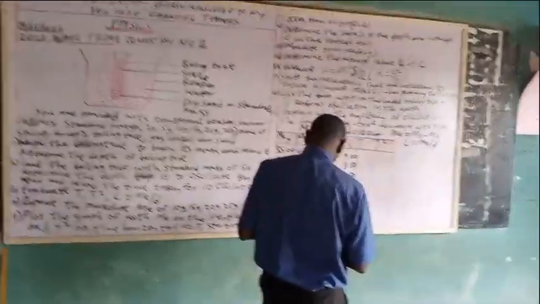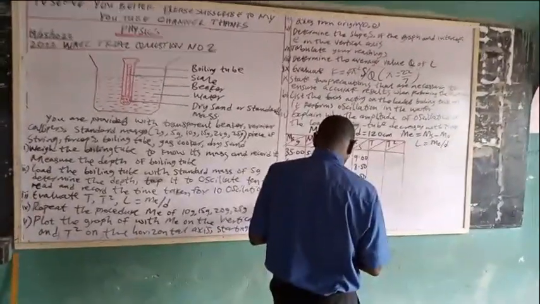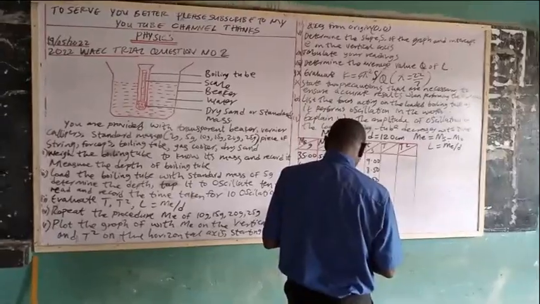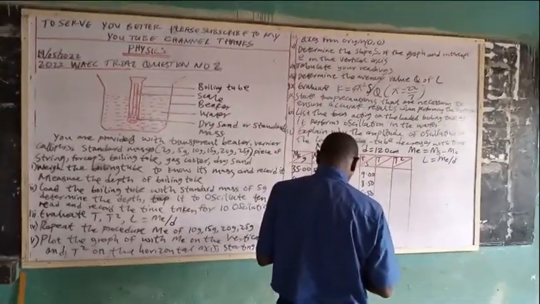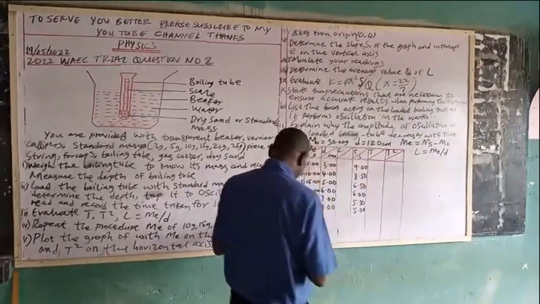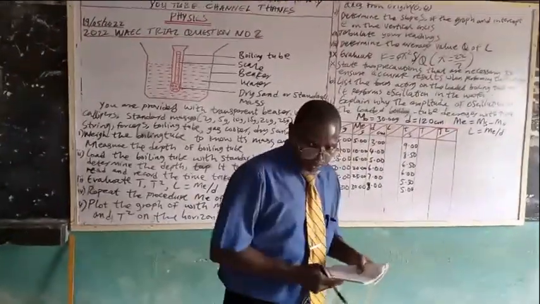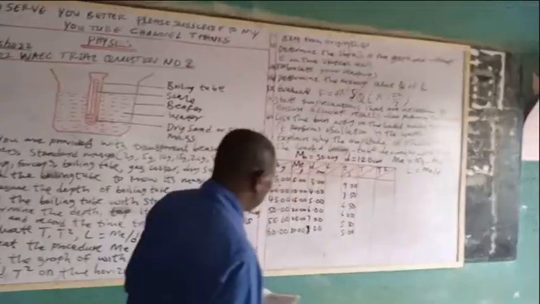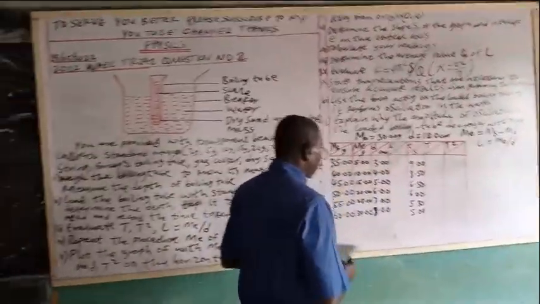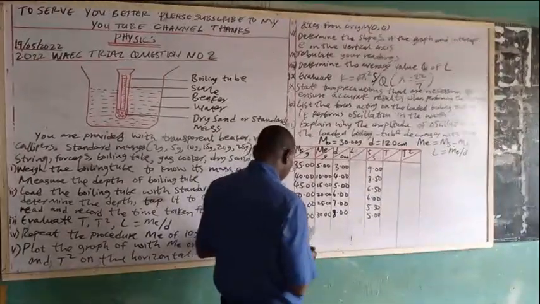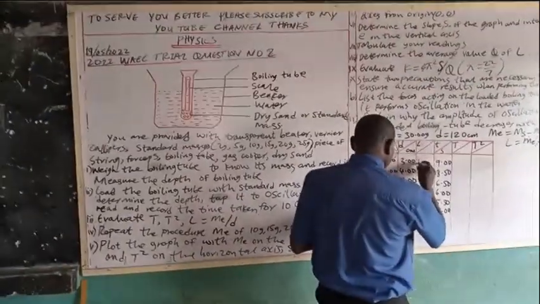We want to calculate the value of quantity L. 5 divided by 3 is equal to